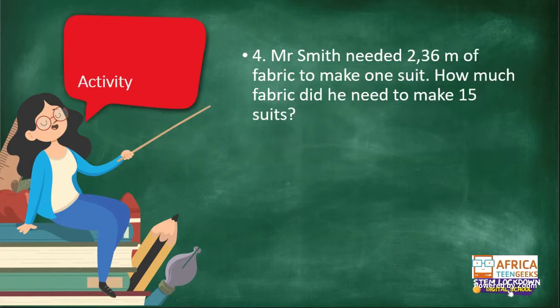And then we can proceed as follows. Mr. Smith needed 2,36 meters of fabric to make one suit. How much fabric did he need to make 15 suits? Finishing off the decimal fractions, we are just revising the decimal fractions, and we will come to fractions as well. After this, we will also revise functions and relationships. Can we check what Mr. Smith